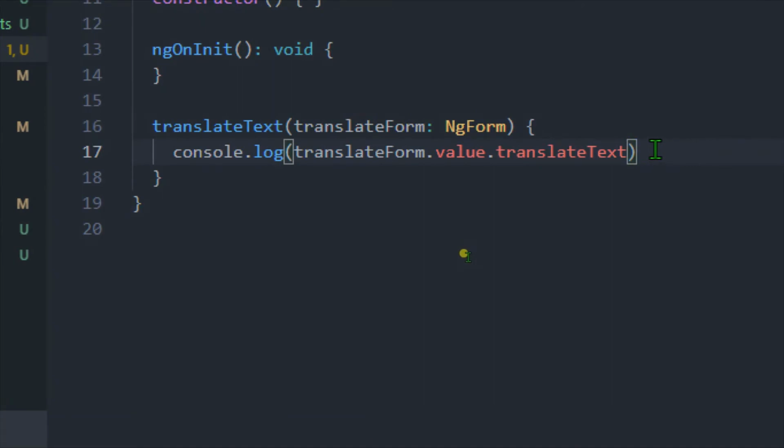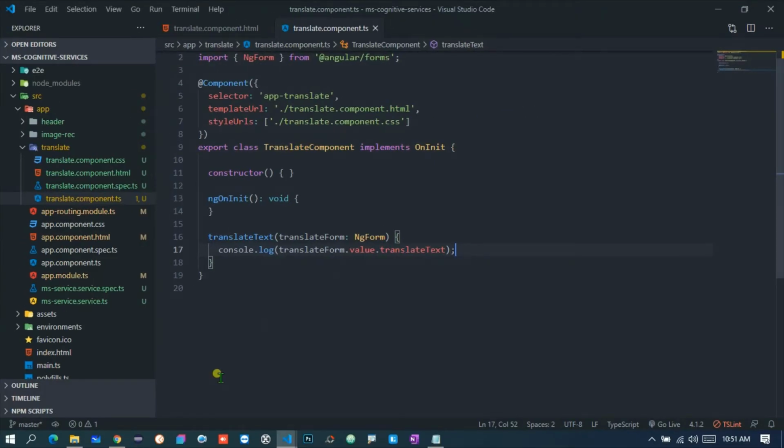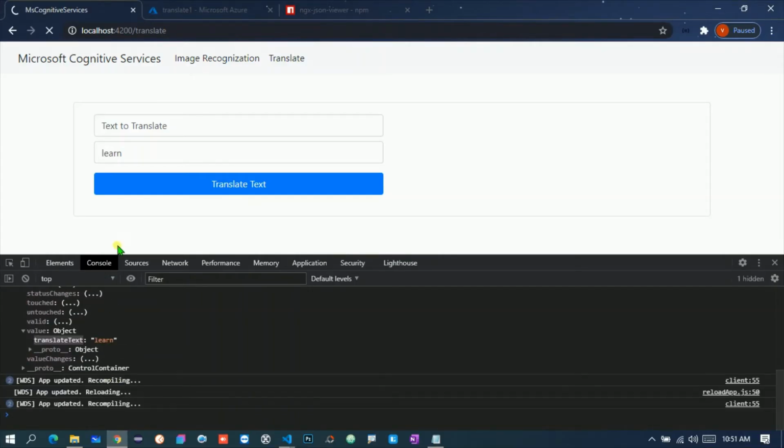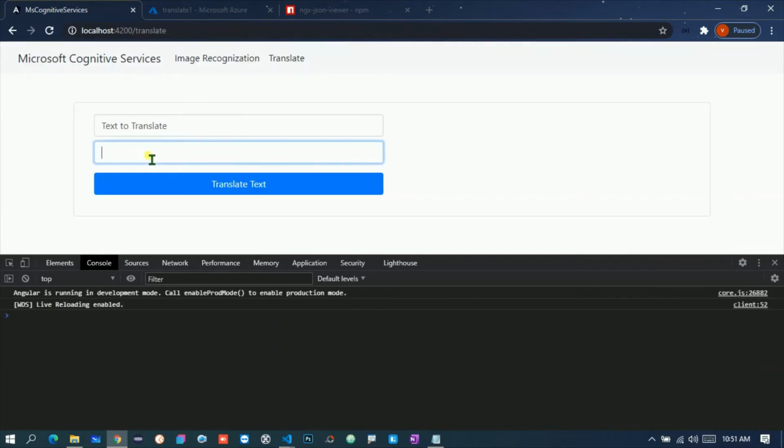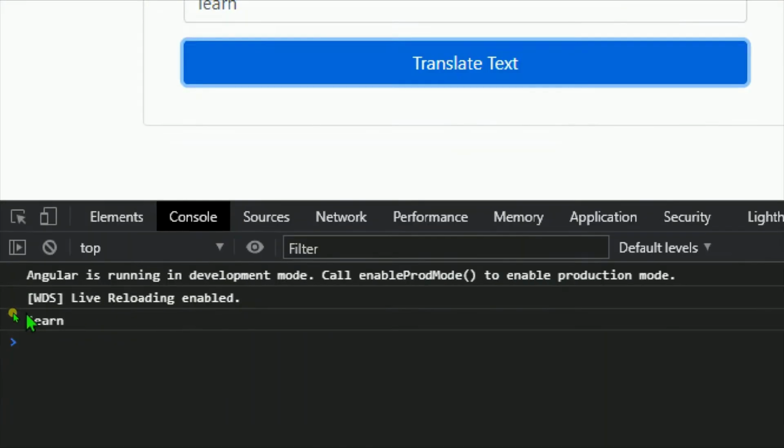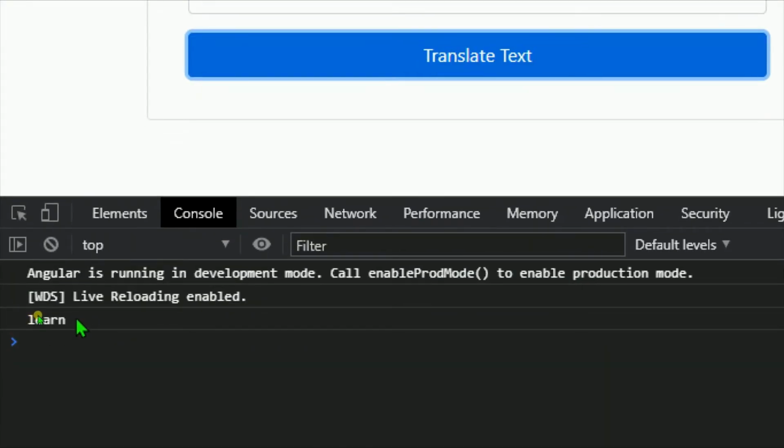Let me save this one, go back to the browser and see what is happening whenever I put some text. So let me put some text over here like learn, and now over here I am able to find the correct text. So this is the text that I want to pass to the Microsoft Translator Cognitive Services.